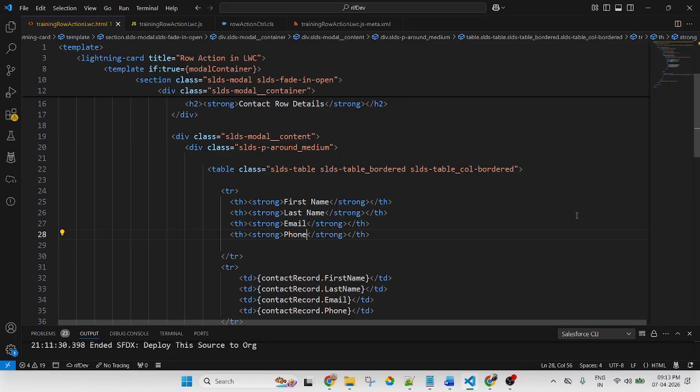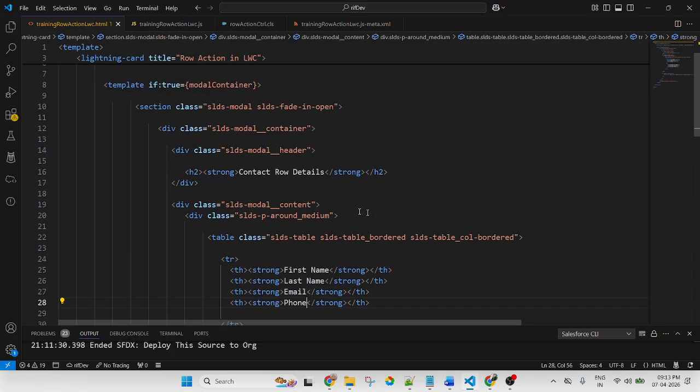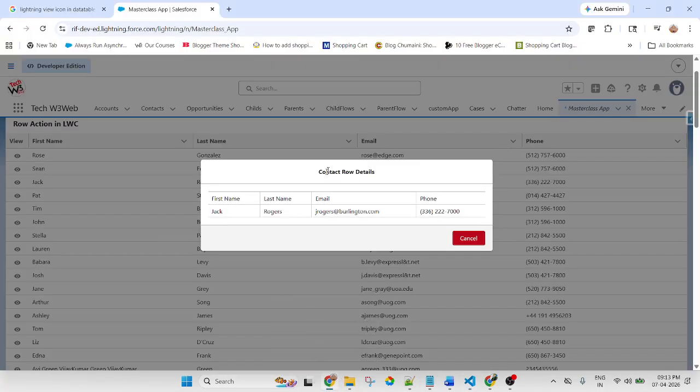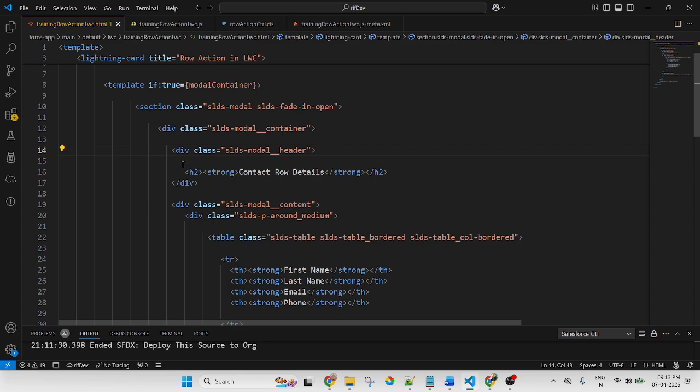Now let me put the button. The button is a part of the header, this modal header. So before the h2 tag, we put an icon here.